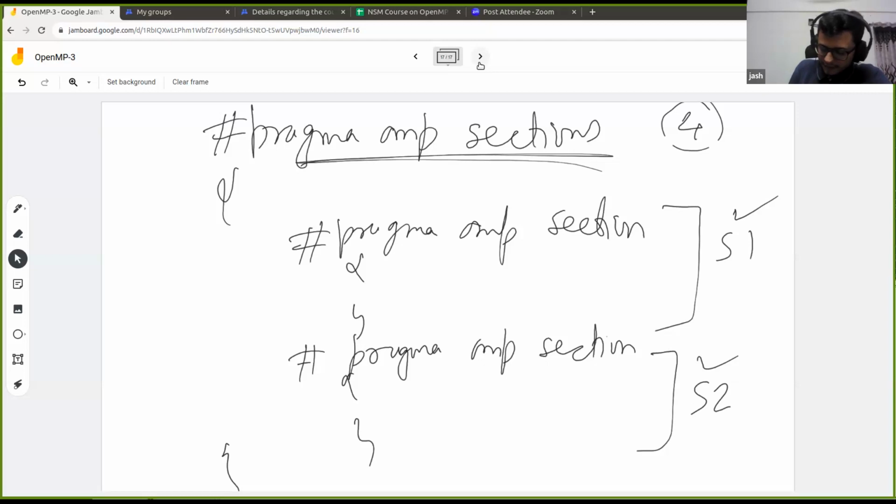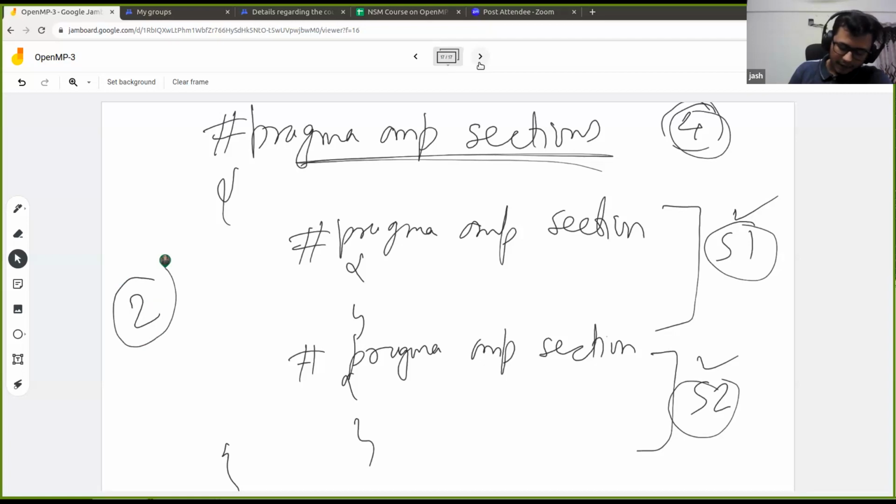We have just 2 sections and 4 threads. In that case, the other threads will be idle. So 2 threads will be idle and 2 threads will be picking up these sections. We cannot predict which thread will pick up which section, but 2 threads will be idle in this case, and 2 of them will be working in these sections.